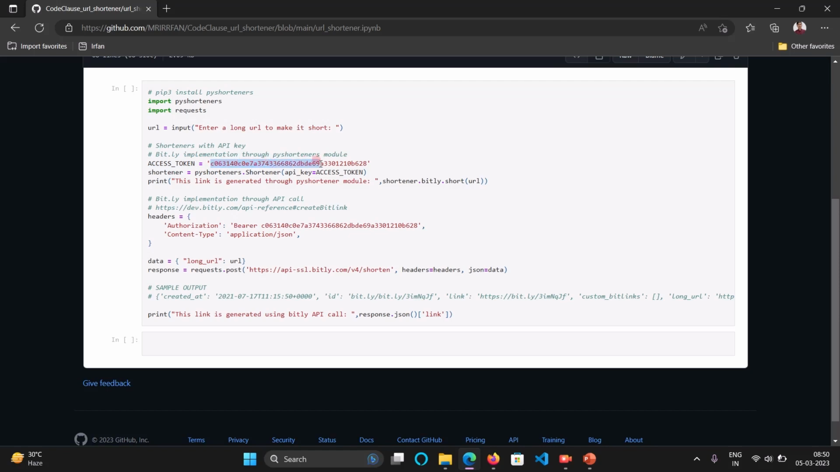So you can get this access token from there, and you can see there print. The link that you provide will shorten your URL. So this is shortening with an API key, which means we are using this with an access token. The second method is also here,